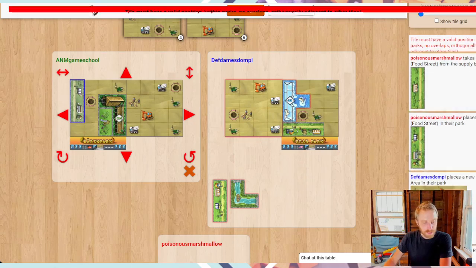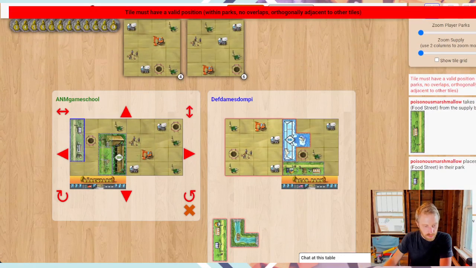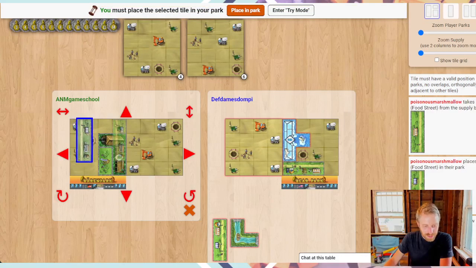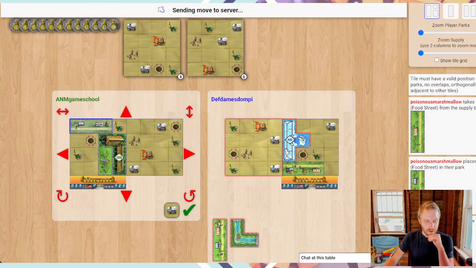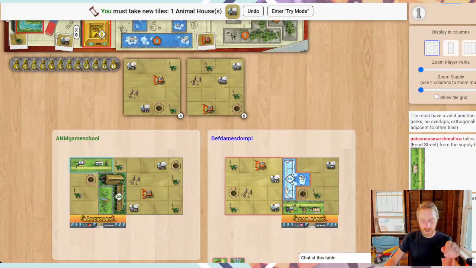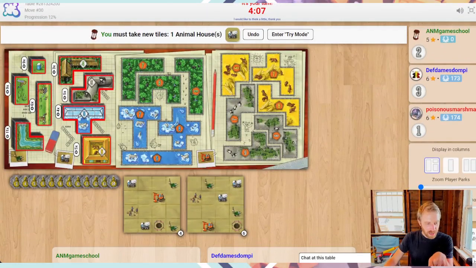See, I'm gonna place the park there. Oh, right. No, I can't. I completely botched the rules there. I forgot. You have to be orthogonally adjacent to something that you have. I'm going to go there. That's what we're going to do. I'm going to place the park. I've covered up a concrete mixer, and now I get to take